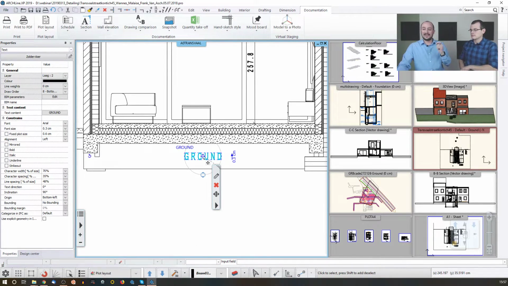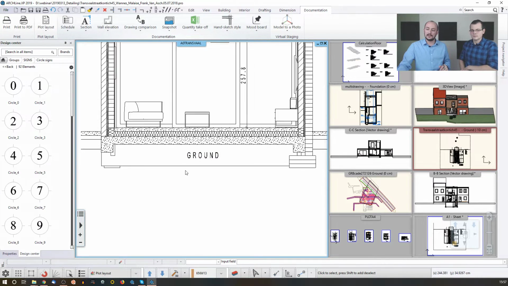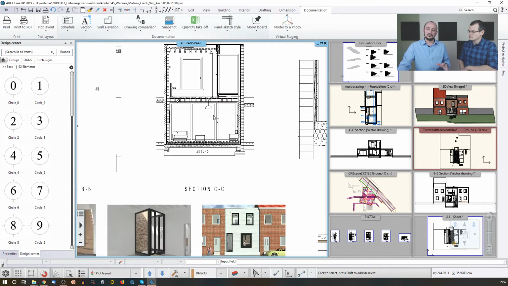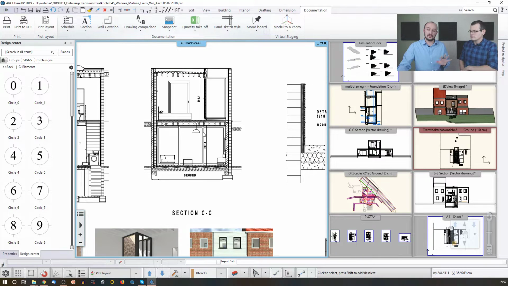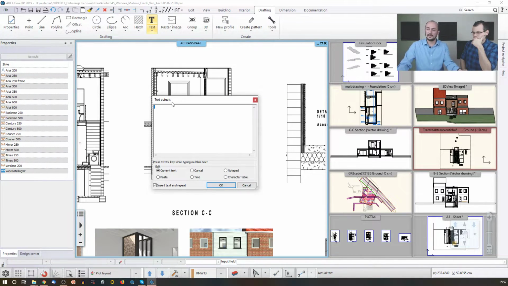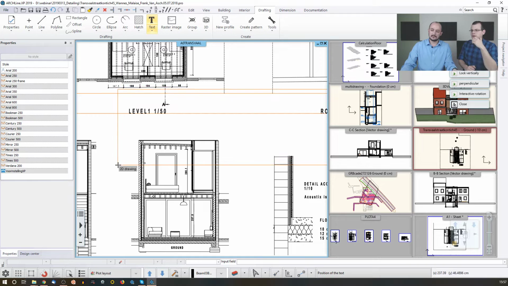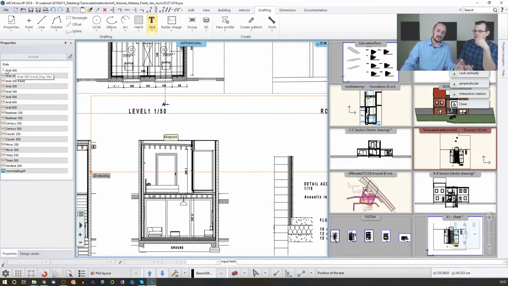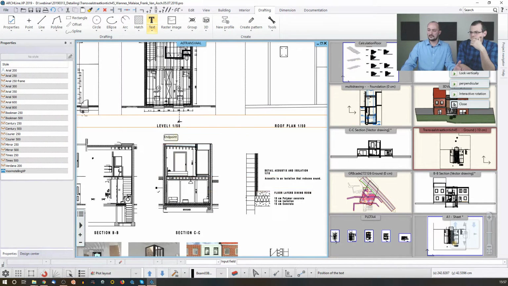Or you can add a label or something like that. The only specific thing to the plot layout, when you place all these things, is that by default they could be very large. For example, when I just add a text and say, okay, this text should be, I don't know, let's just name it 2D drawing something. If I just click OK, see, it's gigantic because I'm using the Arial 200 setting, and the 200 millimeter